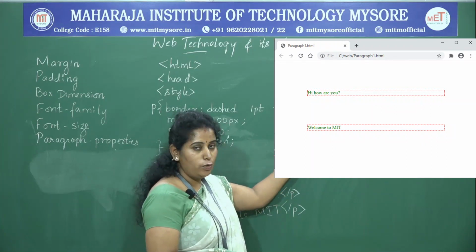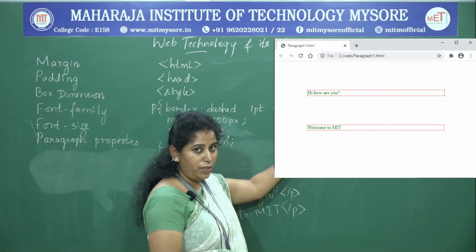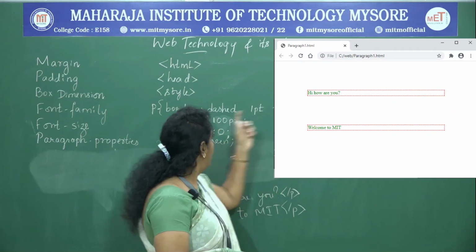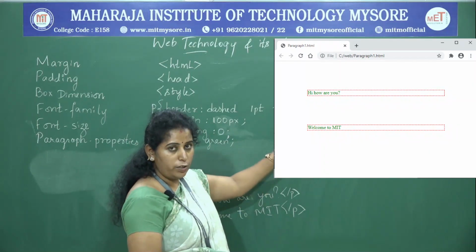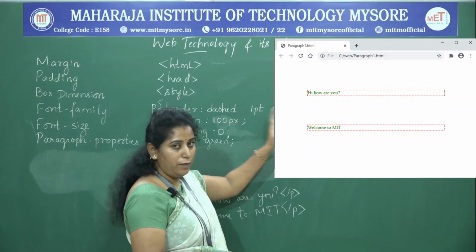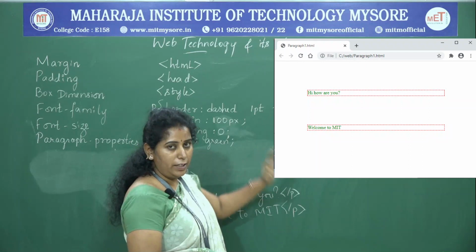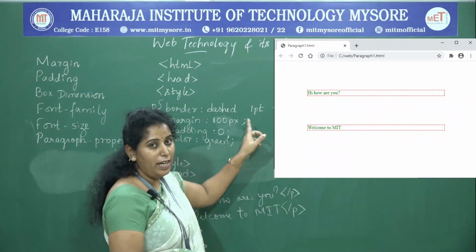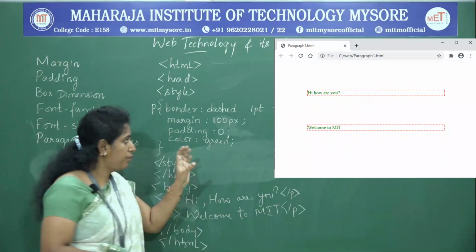Padding is 0, so there is no space within the content of the text. Since margin is 100 pixel, you can notice in the output window where the border is, from the window it is towards left, right, bottom and top, having 100 pixels of space. So this is what